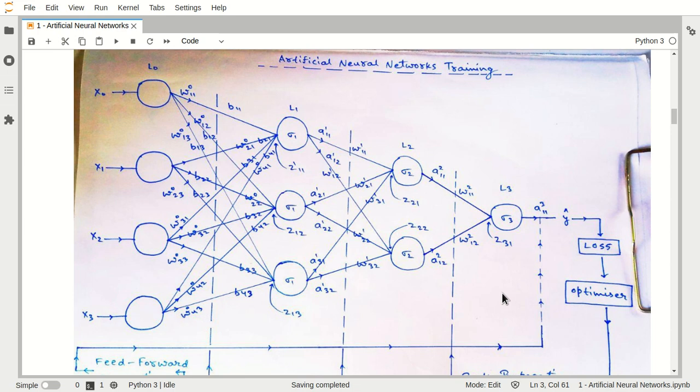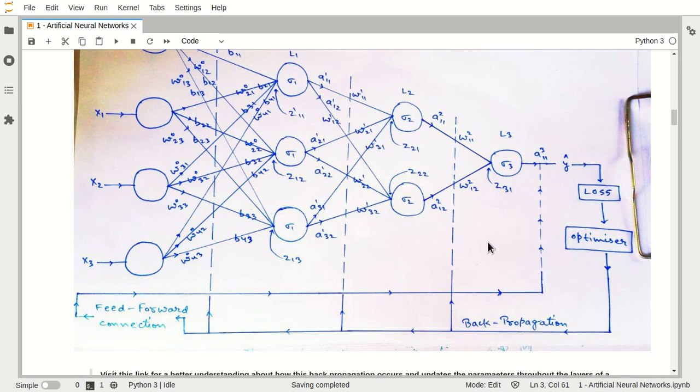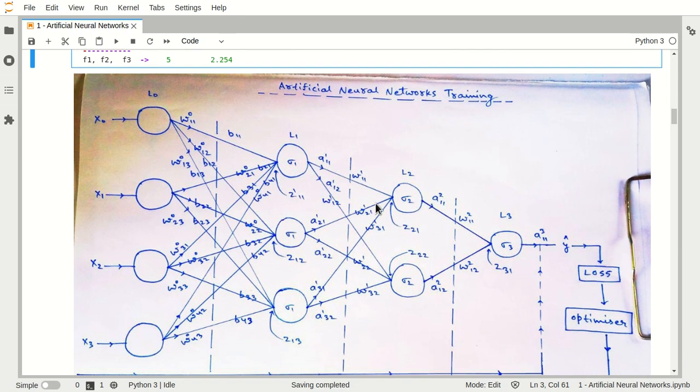So what will be the possible reason why I am not getting a similar result? Why am I just getting 2.254? Why not this 5? So can I say that we are trying to multiply this particular weight and add this particular bias to our inputs? And these particular values are selected randomly, on a random basis. So we can assign any numerical value to these parameters on a random basis.